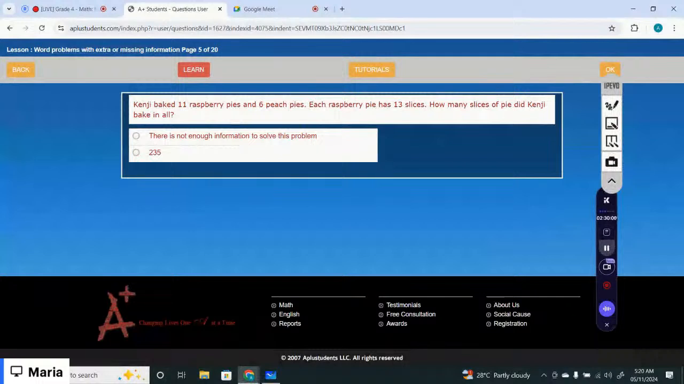Kenji baked 11 raspberry pies and 6 peach pies. Each raspberry pie has 13 slices. How many slices of pie did Kenji bake in all? So there is not enough information because you are given only the slices of the raspberry pie. The raspberry pie has 13 slices, but you're not given how many slices the peach pie has, right? So that means